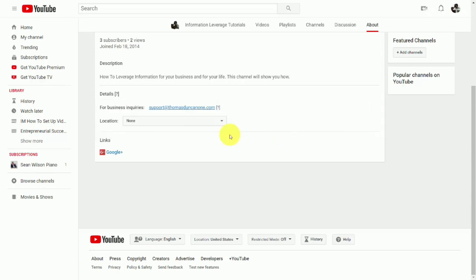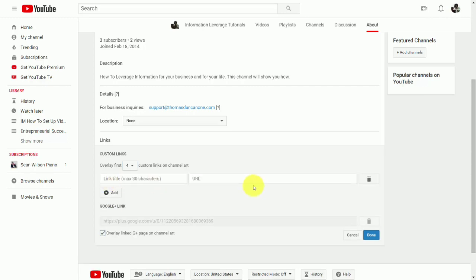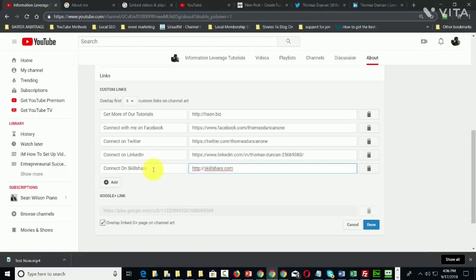You can also add links to your channel, and these can be promotional links. You can click this arrow, and you can add in custom links that will appear as icons on your channel. So for example, we can click in and put in a URL. Okay, what you'll note is that you can overlay on top of your custom art on your channel, so that